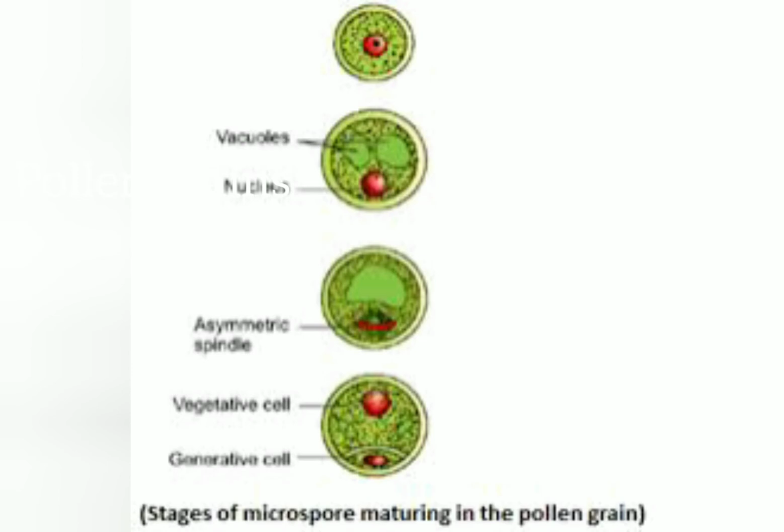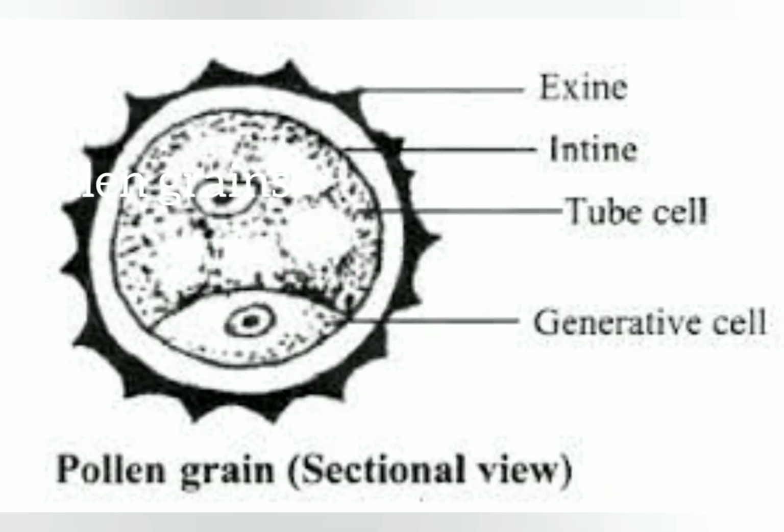The pollen grain at maturity consists of two cells, and the large cell is known as the vegetative cell and the small cell is called the generative cell. Most of the pollen grains disperse at this stage, but in some cases the generative cell divides and forms two male gametes. So at this three cell stage, pollination takes place in certain plants.